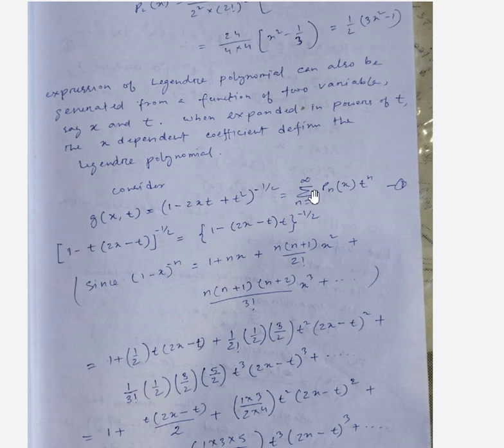And there is our generating function. The expression of this Legendre polynomial can also be generated from a function of two variables, say x and t. When expanded in powers of t, the x-dependent coefficient defines the Legendre polynomial. Consider g of x, t is (1 minus 2xt plus t squared) whole to the power minus half. We can write it as the summation n from 0 to infinity of P n of x times t to the power n. Now if we expand this, 1 minus t(2x minus t) whole to the power minus half,